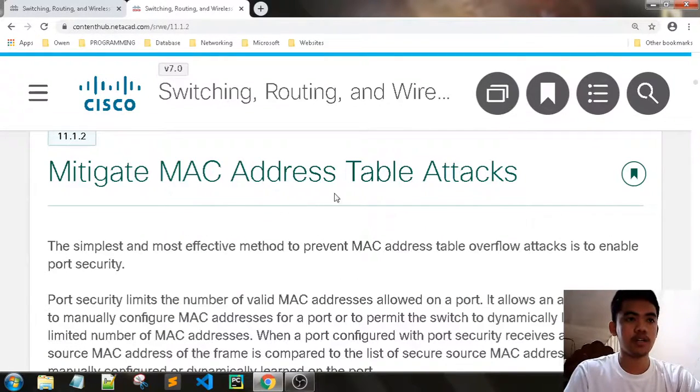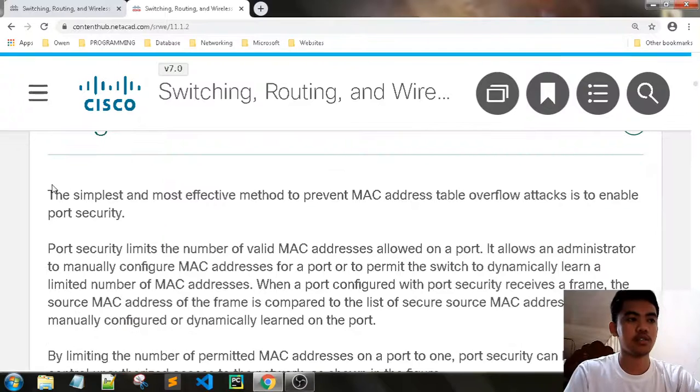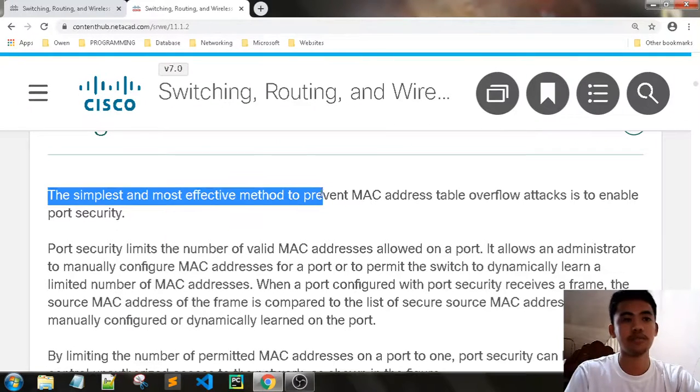Next is mitigate MAC address table attack. So, the simplest and most effective